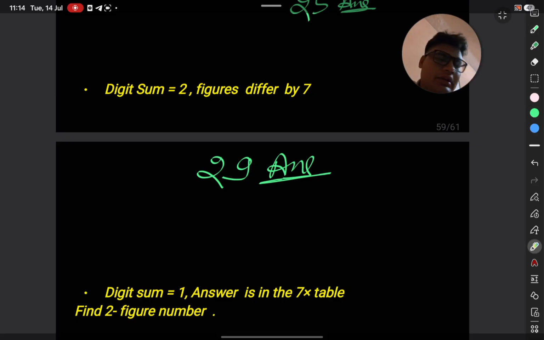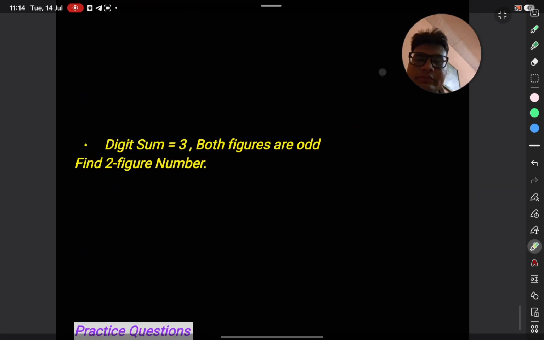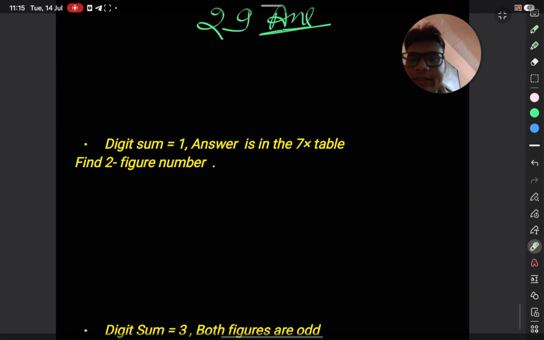Okay, now we are moving on to the next example to understand this method. Yes, and you will understand this topic very well. This is a puzzle, and you have understood in the previous lecture about digit sum. We have discussed what digit sum is and how to find it.